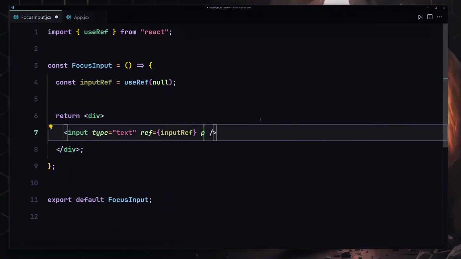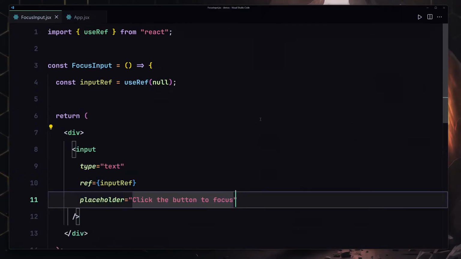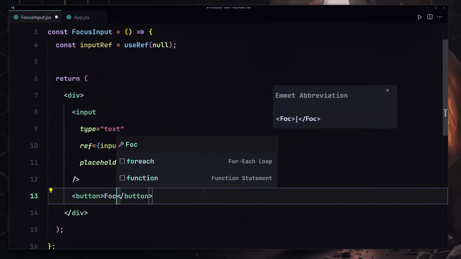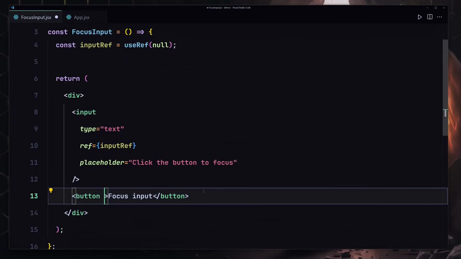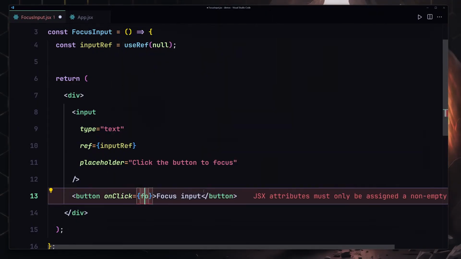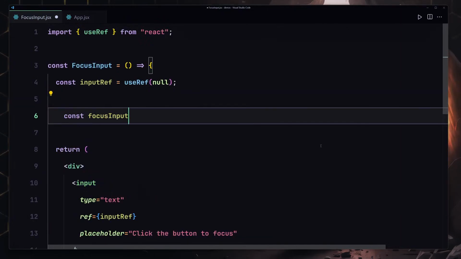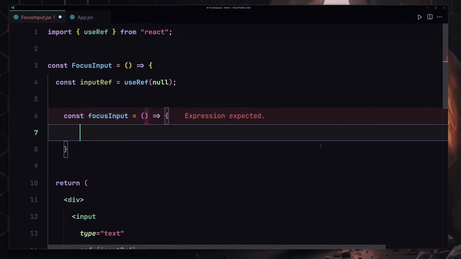And I'm going to also provide the placeholder which will say like click the button to focus, or yeah, I guess that's going to be fine. And now underneath that, we're going to be creating a button which will say like focus input, and I'm going to also attach the onClick event handler, and we are going to be creating this function in a few seconds. So now let me just create this function, const focusInput, and inside this function, first of all, we